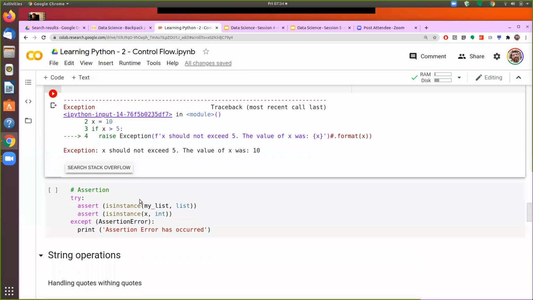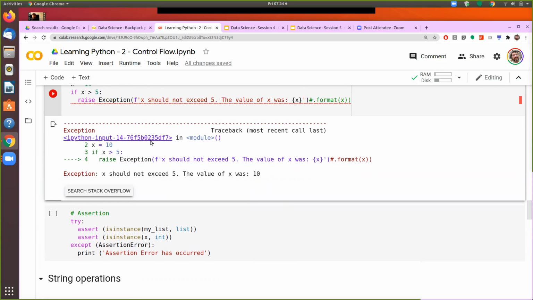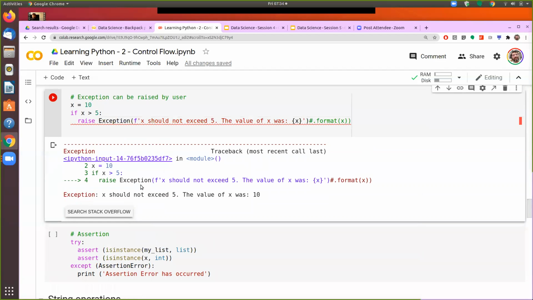Now, the next important thing in exception handling is that if I want to avoid some of these things and if I want to check things upfront, so for example here, rather than raising an exception, I would like to test whether the value of x is more than 5 or less than 5, or check whether my list is a list or a string.